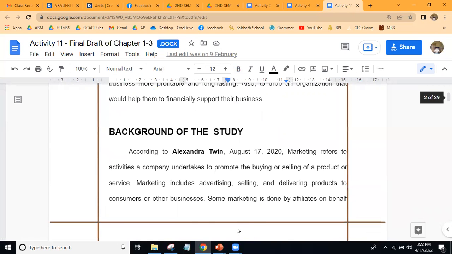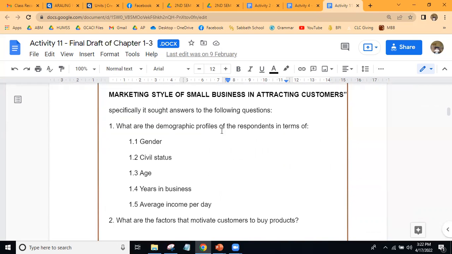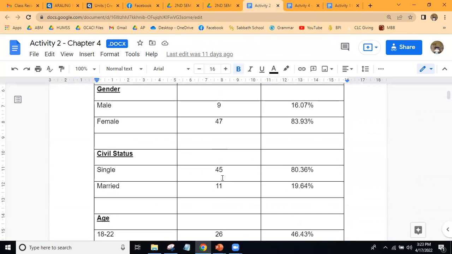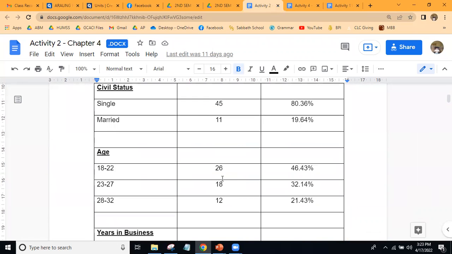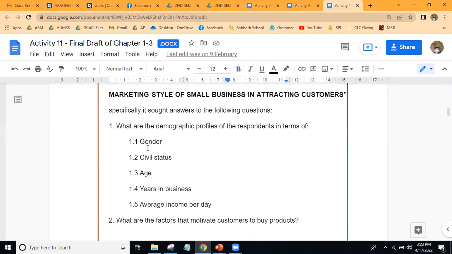Yan. So ang SOP niya: Demographic profile of the respondents in terms of the following. So ang aking suggestion, dapat magkakasama lang sila sa isang table. That's why here, magkakasama. That's chapter 4 naman. I-discuss ito sa inyo ng inyong susunod na teacher, kung hindi na ako. So gender, dapat kung paano ang pagkakaayos sa SOP, dapat ganun din ang pagkakaayos.